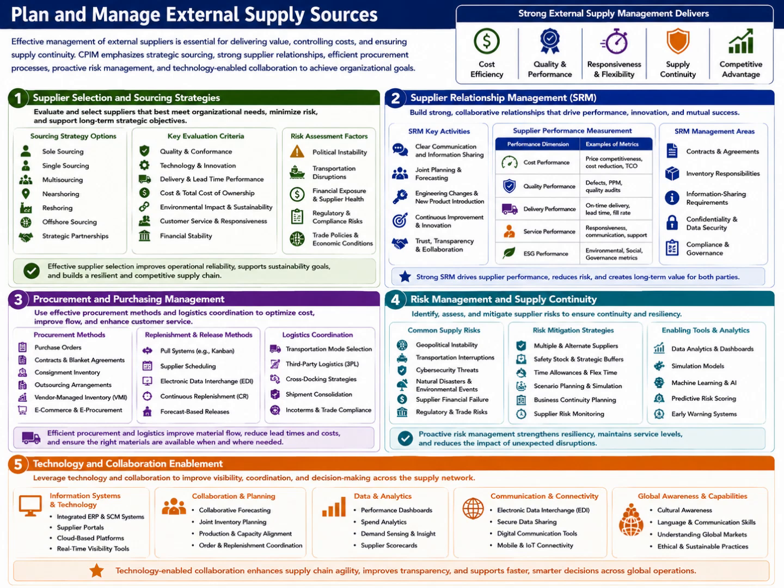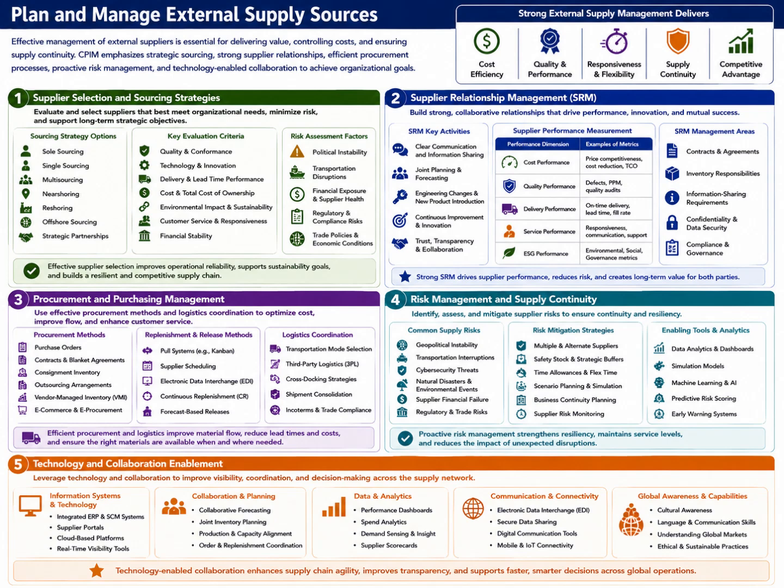Supplier selection is a foundational element of external supply management. CIPM teaches professionals how to evaluate sourcing alternatives based on operational needs, supply risks, and organizational strategy. Organizations may choose between sole sourcing, single sourcing, multi-sourcing, nearshoring, reshoring, offshore sourcing, or strategic partnerships depending on market conditions